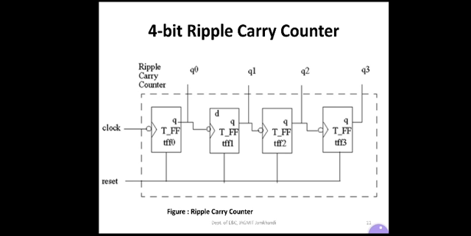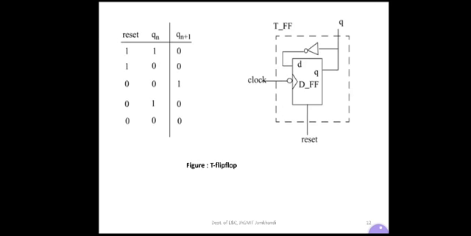So each of the T flip-flops can be made from the negative edge triggered D flip-flop. Remember here, each and every T flip-flop can be made up of a negative edge triggered D flip-flop and an inverter, assuming Q bar output is not available on the D flip-flop. That is shown in this figure. As you can see here, one T flip-flop is made up of one D flip-flop and an inverter. The Q output is inverted and applied to the input, that is D, and also we have a reset pin.